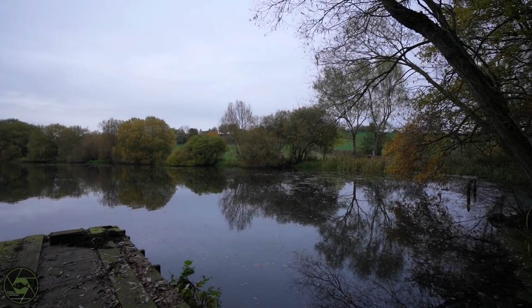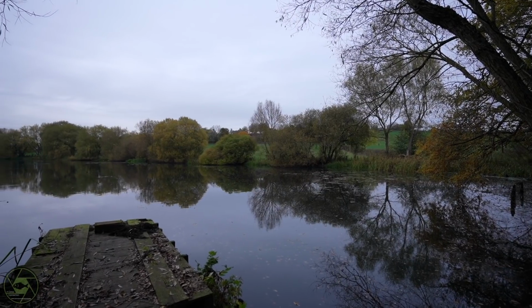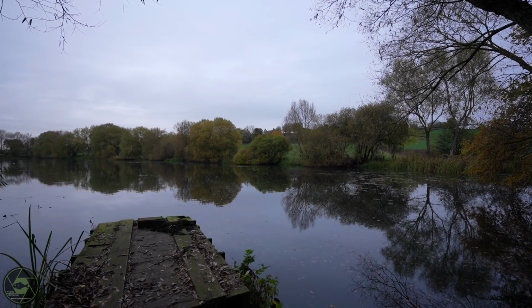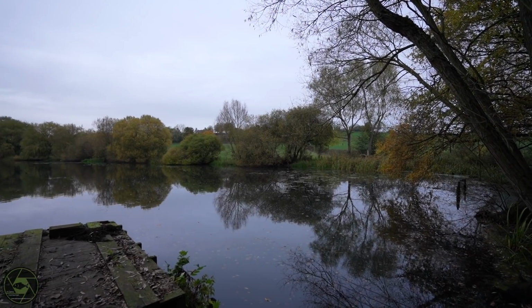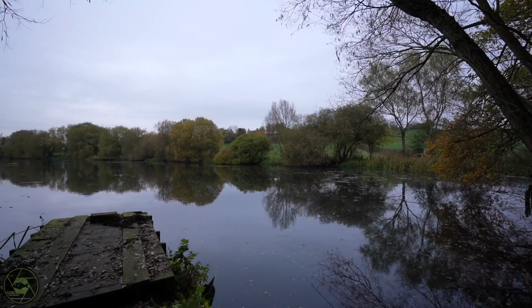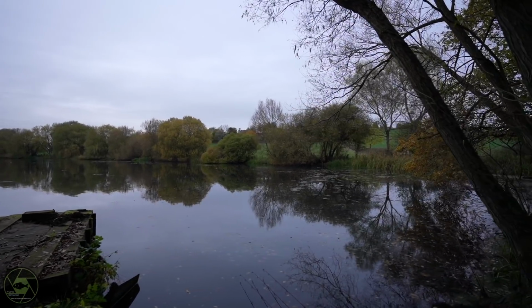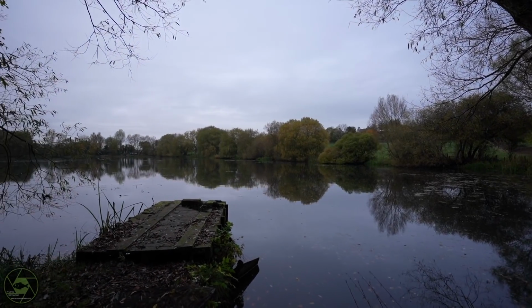Most of the bites I've had, well, all the bites I've had out of here, apart from the football common, were night bites. So I think what I'm going to do now is chill out for a little bit and sit back and keep out of the way, back from the water, and hopefully they do come in. But yeah, I'm really enjoying getting out fishing again now,